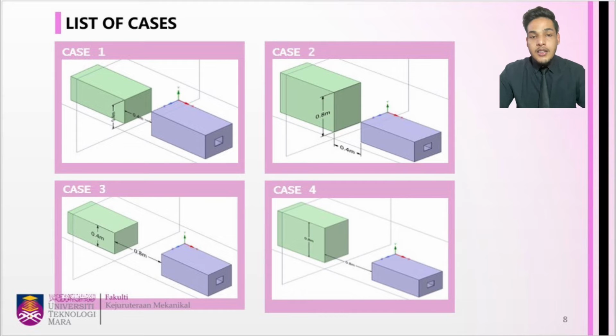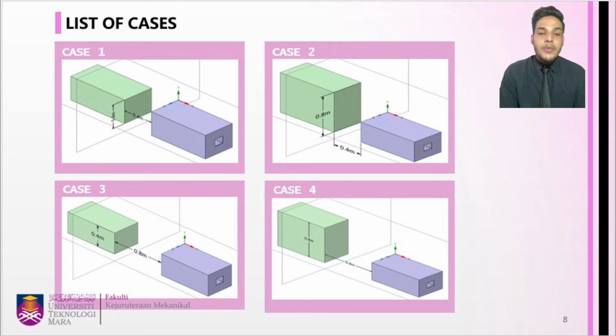For the second case, the upstream object's height will be increased to twice the height of the model room, which is 0.8 meter in height. The distance between upstream object and model room will remain the same as the first case, which is 0.4 meter. The third case of the study shows that the upstream object will have the same size as the model room, but the distance will be twice the first case, at 0.8 meter between upstream object